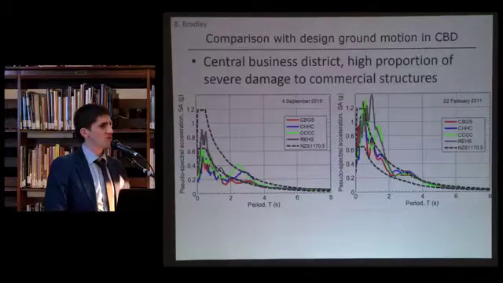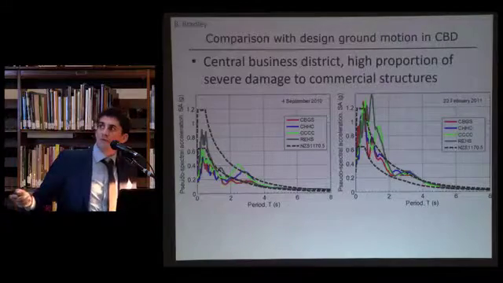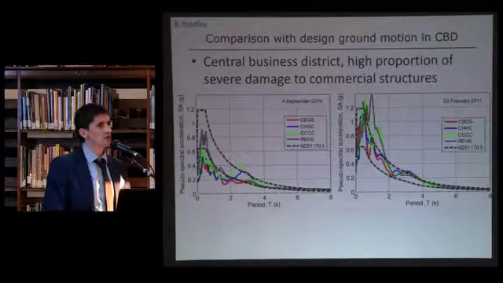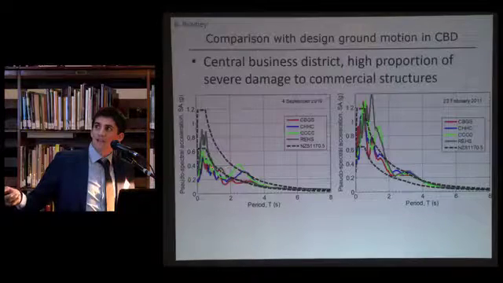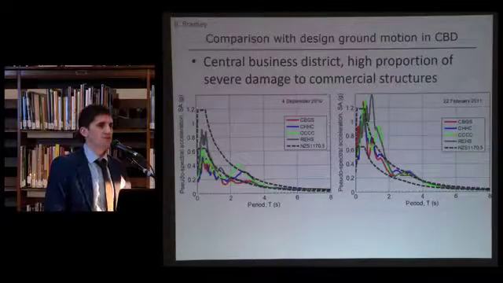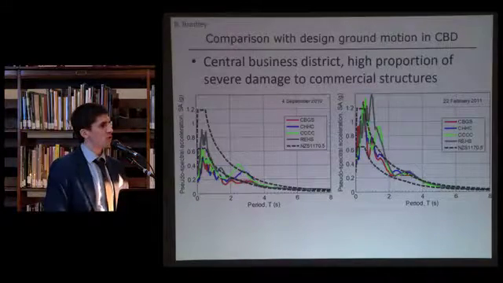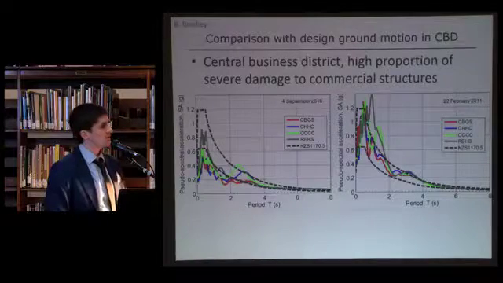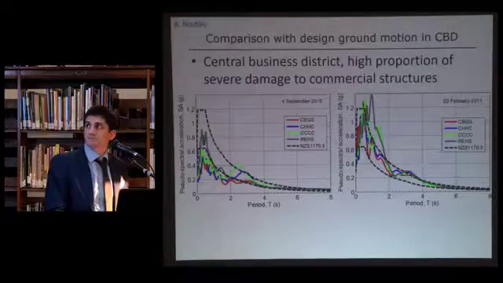For some of the slides that I'll present a little bit later, this is just an illustration of the severity of shaking in terms of response spectra in the region. These 4 lines here are 4 instruments located in the Central Business District, or what we refer to as CBD, and then the 2 dashed black lines indicate the 10% in 50-year level of design shaking, and then the MCE, or 2% in 50-year level of shaking. So that first earthquake in September 2010 caused, let's just say, approximately 10% in 50-year ground motions, whereas that event in February 2011, because of its closer proximity, caused shaking similar to the 2% in 50-year design motions.